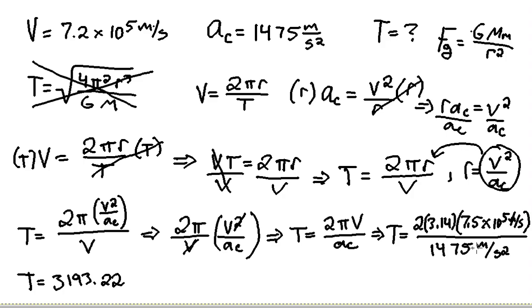My meters are canceling out these. My seconds are canceling out these square seconds. And since this second is in the denominator of a denominator, it comes up to the top, which gives me seconds. So 3,193.22 seconds. We could even convert that to minutes if I wanted to be really cruel, but